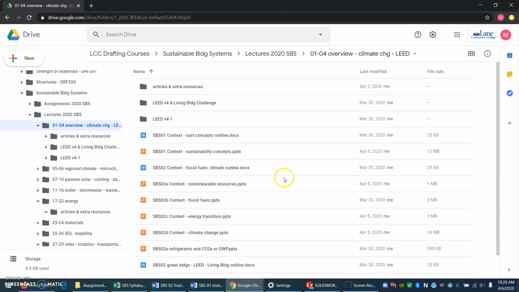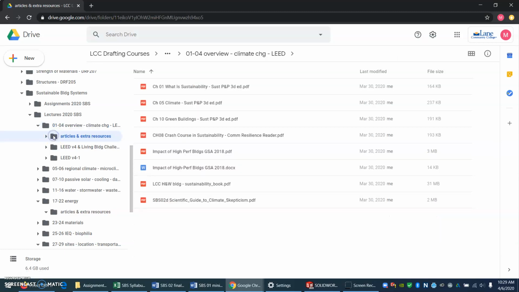Now, in addition to these PowerPoints, which I hope you will find useful, I'm also sharing with you some extra materials, and just to keep this folder simplified so it's easy to find the PowerPoints, I have put those extra materials in a subfolder called Articles and Extra Resources. So now I'll click on that folder. And these are not lectures, but they are just extra materials you might find helpful,